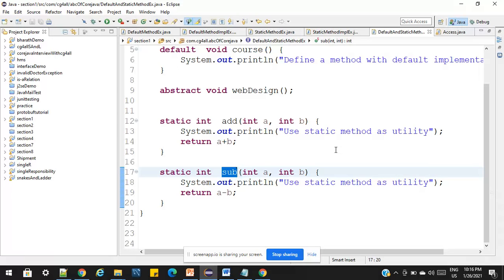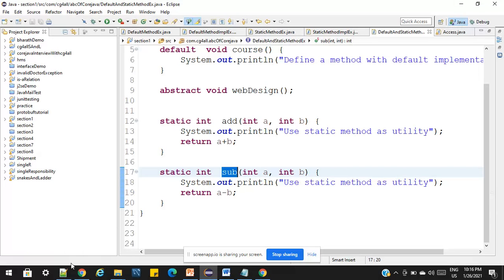So this is the example combining all three. We have here an abstract method, a default method, and a static method. So just now we have understood the basic implementation of all that. Let's see a skeleton of an interface and how to use the interface. Basically, first we will understand where we use the interface in our project.